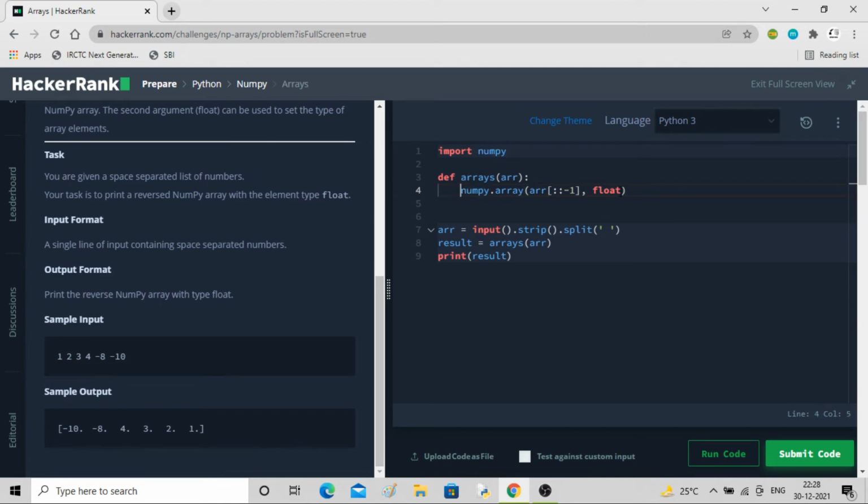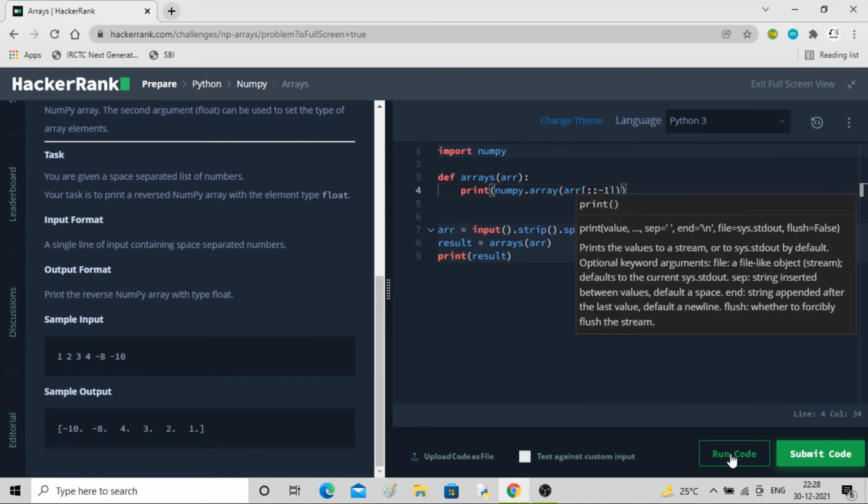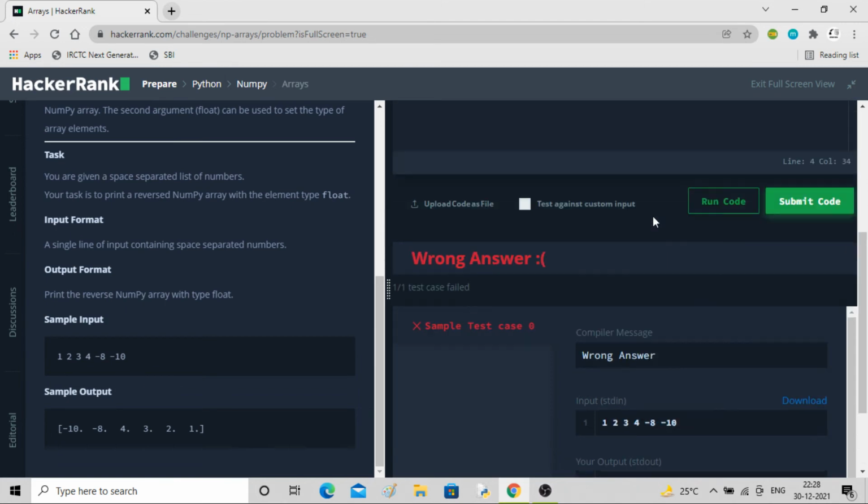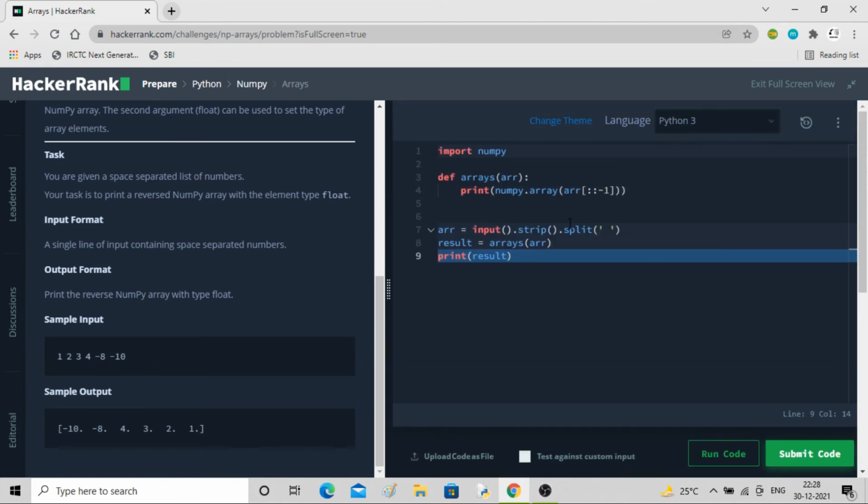Let me show you first, print. You can see the array will be reversed. It was already in list form because of this, and when it came to this function arrays, you can use this because it was a list.